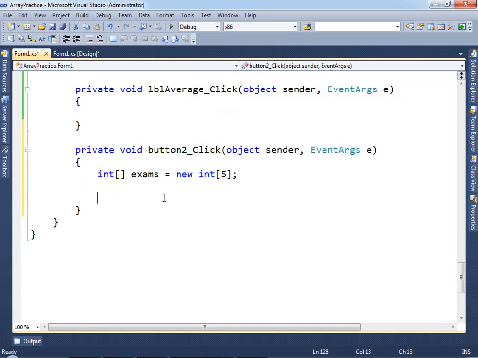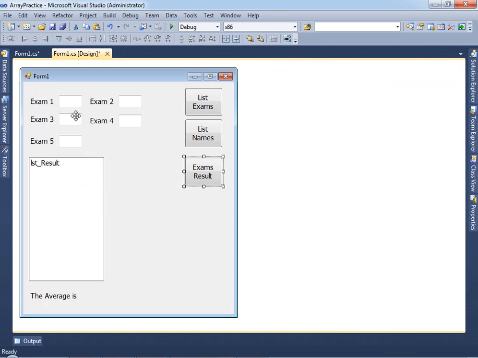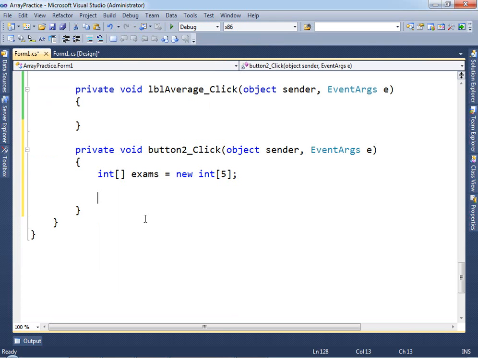So how do I do that? First, we have to do the same thing we used to do before. This has to be converted into numbers, and then input into the proper place of the array. Right? So how do we do that? We can say